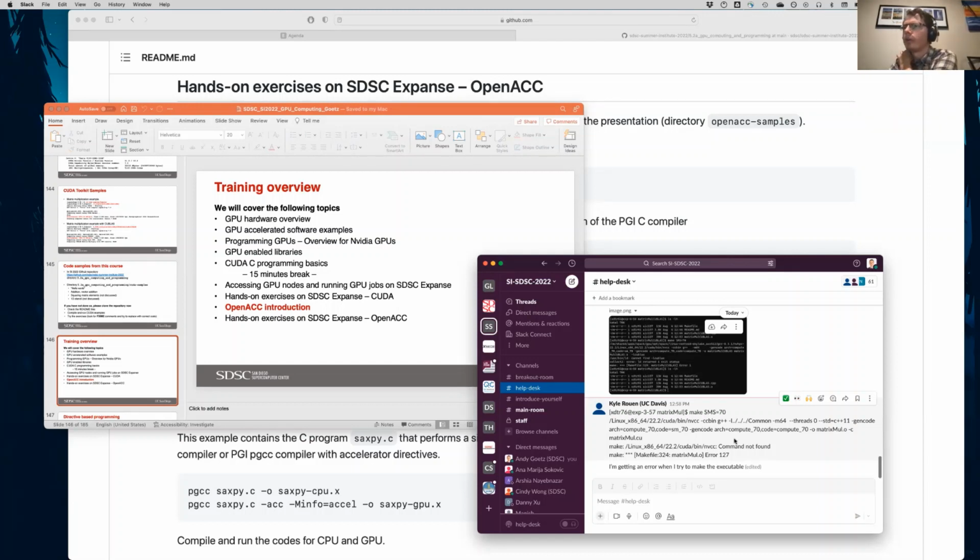NVCC command not found. Okay. So did you load the NVHPC module? This will not compile with the CUDA module because it requires a higher CUDA version than the one that we have installed, because they made some updates to those